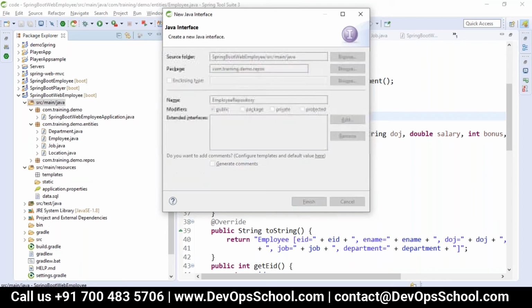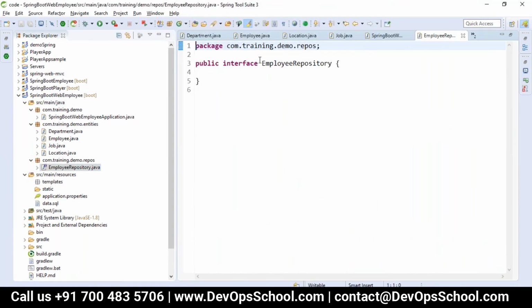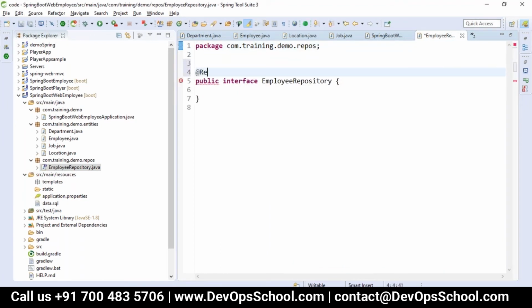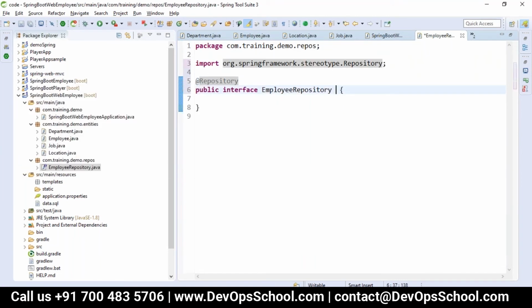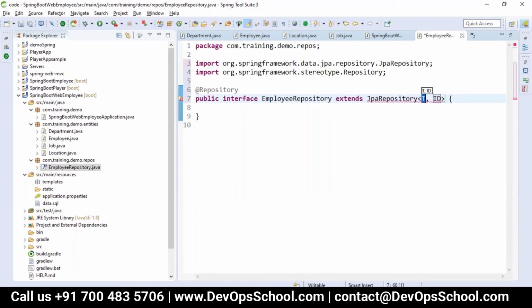How will you make this interface work as a repository? We add the repository annotation, and then we use extends. Depending on what operations you want to do, we call that particular repository here: JPA repository, with employee and the ID as an integer data type. Then just import the employee.